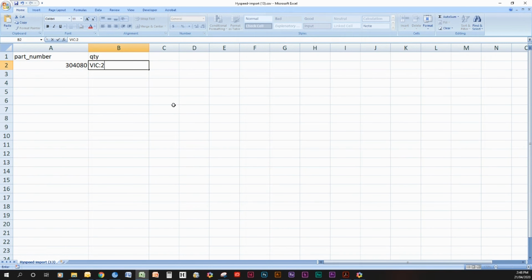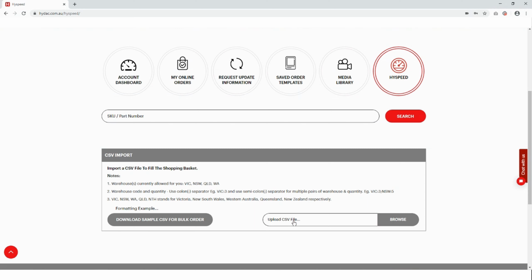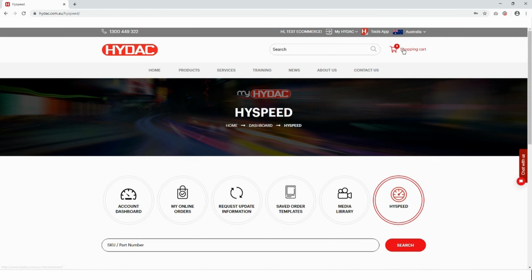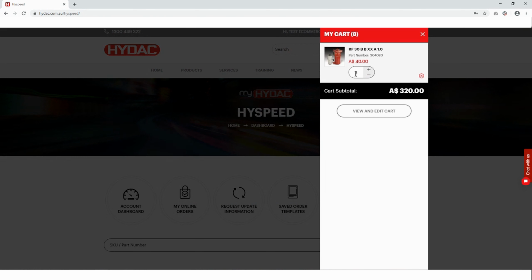And then if I want to order from a different warehouse as well, I put a semicolon and let's say New South Wales, I want to order 1, another semicolon, and then Western Australia, colon, I want to order 5, and that's it. So for this product here, I want 2 from Victoria, 1 from New South Wales, 5 from Western Australia. And then I save this file. I already did that. And then I upload right over here. I look for the file on my computer and then I click upload. Then you'll be able to see that these products have been added to the shopping cart. 8 of the part number